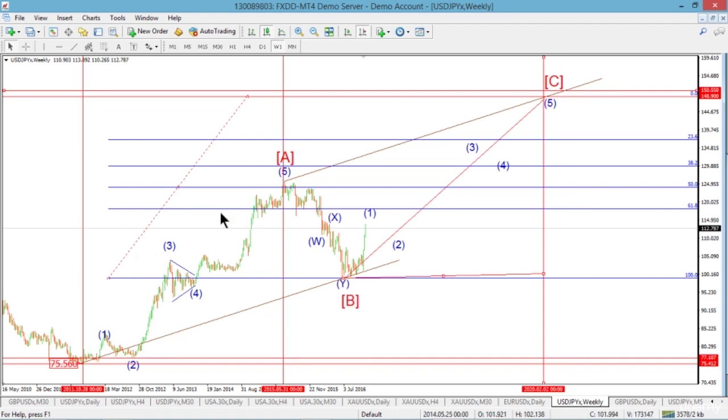Taking the time it took for wave A to complete, which is about 4 years bottom to top, and projecting that time from the wave B low gives us another 4-year time scenario,